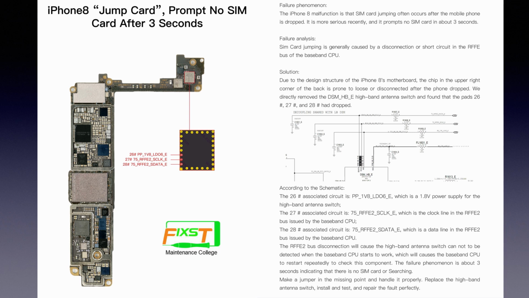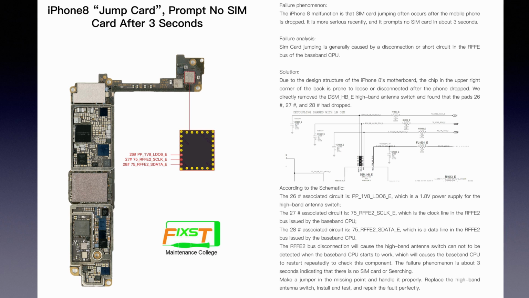If the phone is loose or disconnected after the phone is dropped, we directly remove the DSM HP, the high band antenna switch, and found that pins 26, 27, 28 have been dropped, have been missing. According to the certificate, we can see that pin 26 is the 1.8 volt power supply for the high band antenna switch, and pin 27 is the clock line in the RFFE2 bus issued by the baseband CPU, and pin 28 is the data line in the RFFE2 bus issued